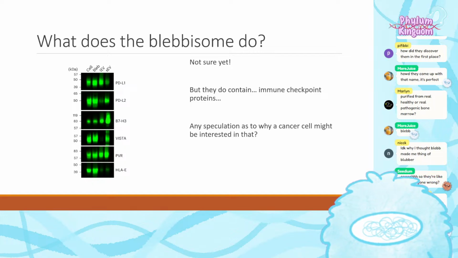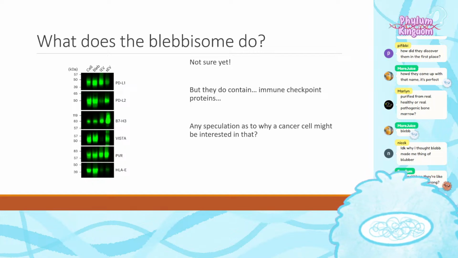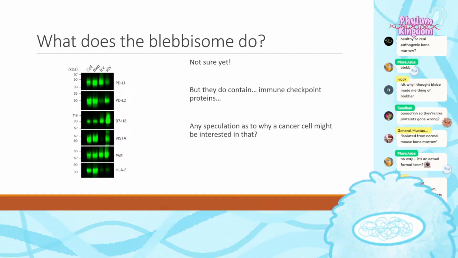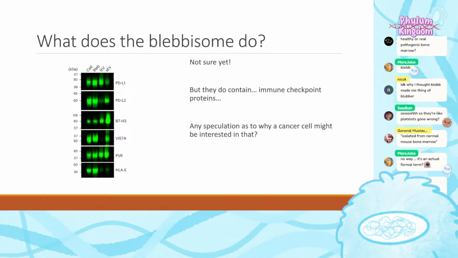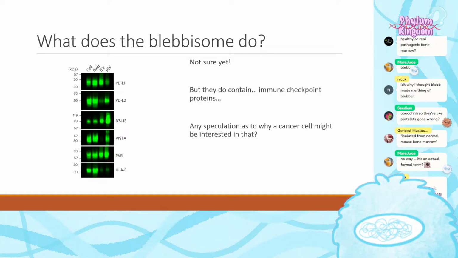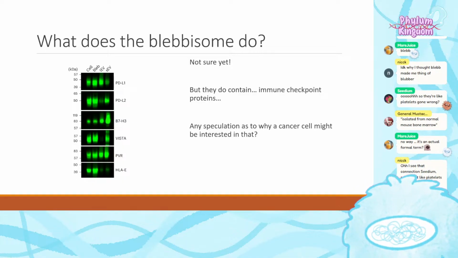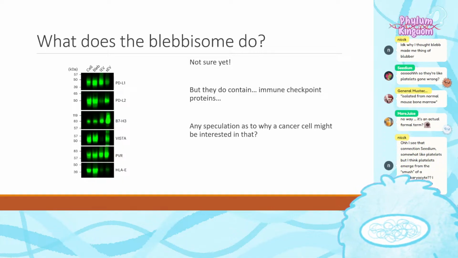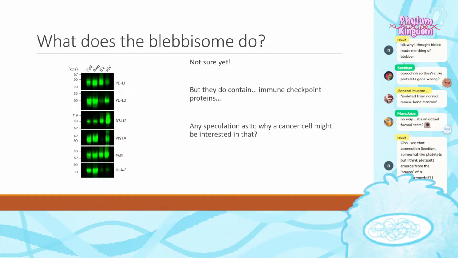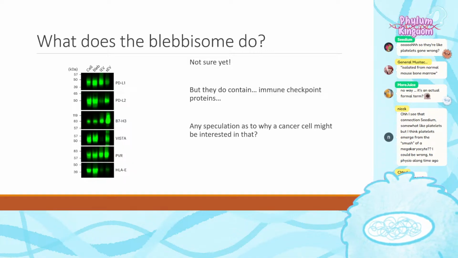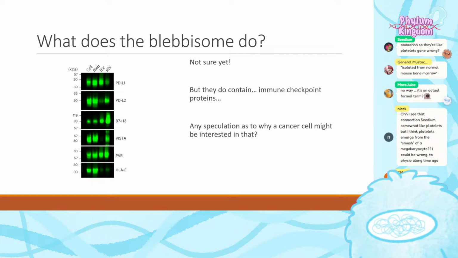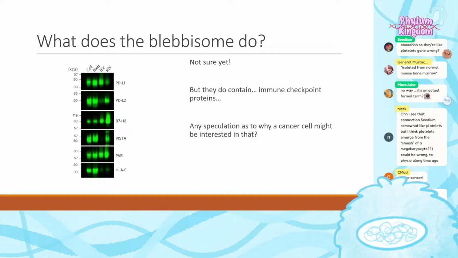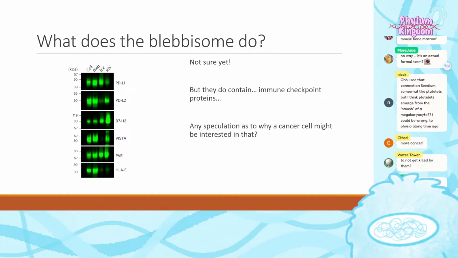Why might that be in the interest of a cancer cell to do so? No way, it's an actual formal term. I actually don't know. Some terms like Sonic Hedgehog, you can be like, okay, somebody more serious could have named Sonic Hedgehog better. I think blebosome is perfect, actually. There's not a less silly way to mention it, because when you hear the word bleb, it feels right. It's like Kiki and Bobo, right? There's a sound, there's a feeling to it, and it's very descriptive. Bleb, because that's what's happening to the membranes.